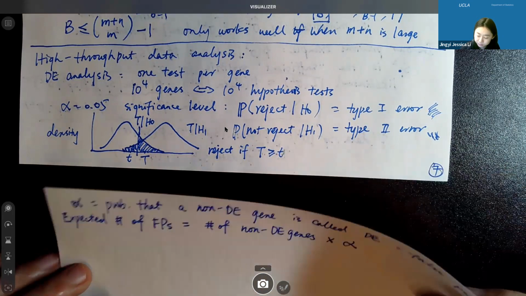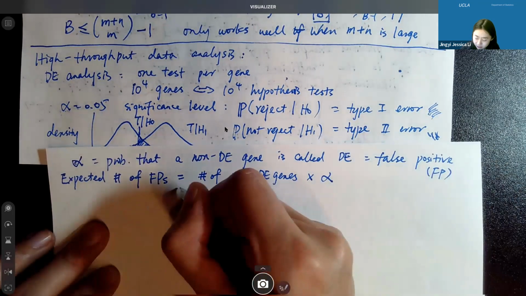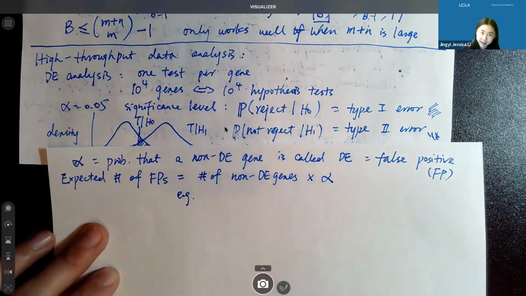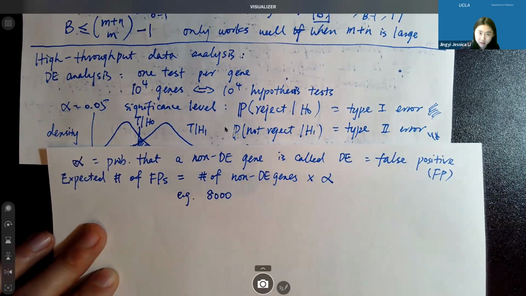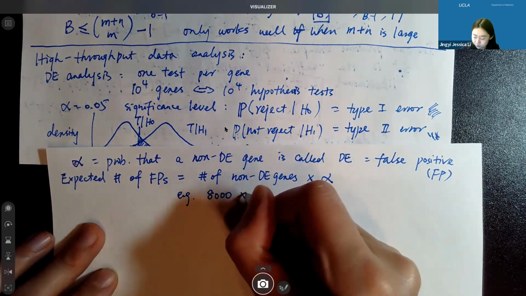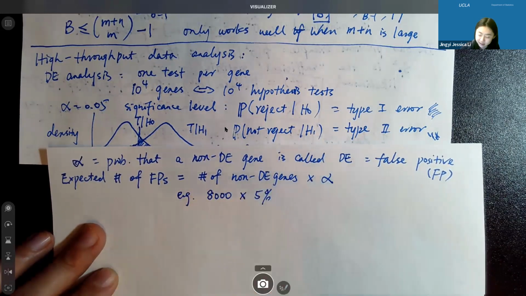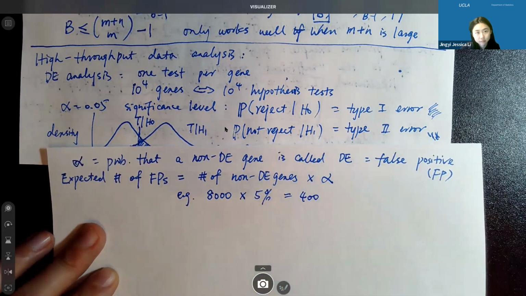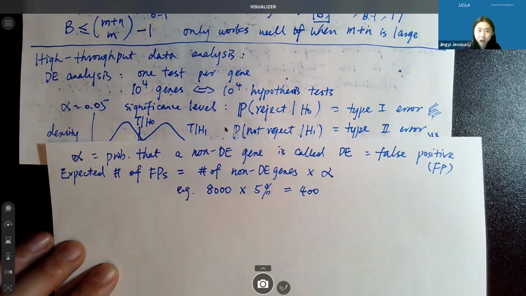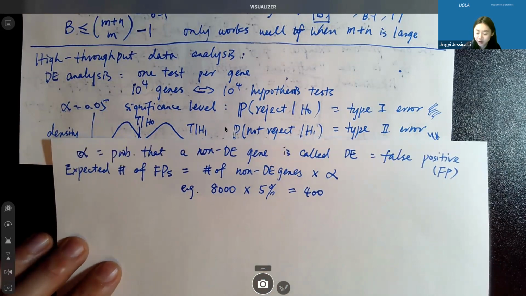So let's say out of the 10K, how about we say 8,000 is non-DE? If we multiply this number by 5%, what do I get? 400. So in this case, you would expect to have 400 false discoveries, false positives